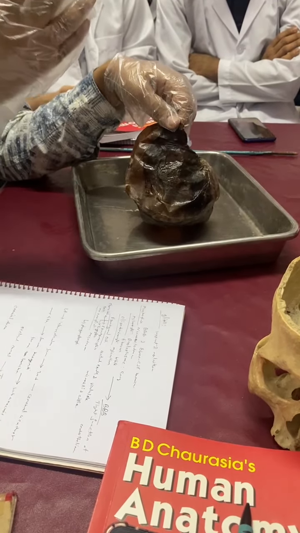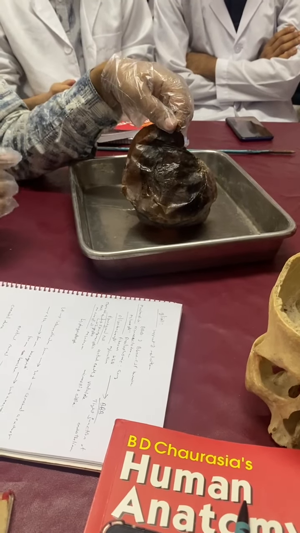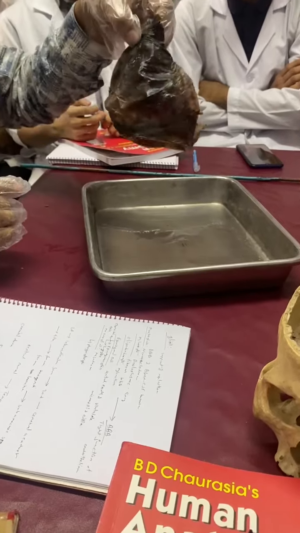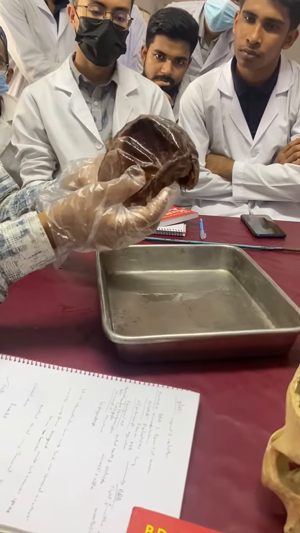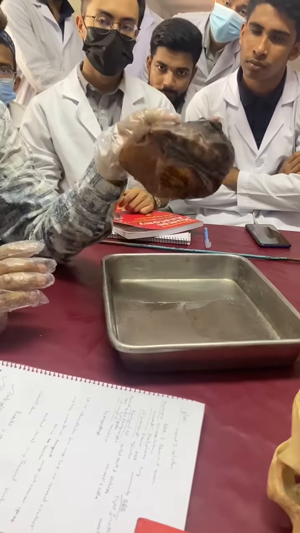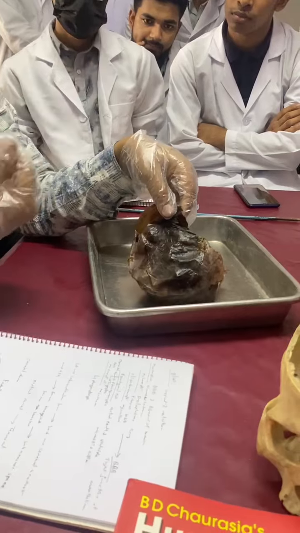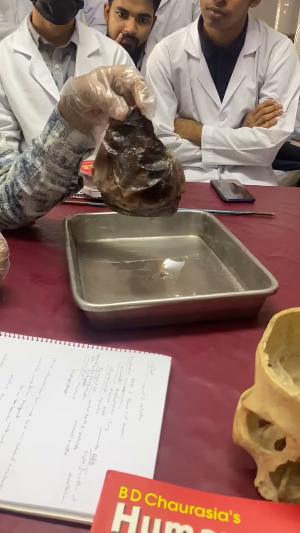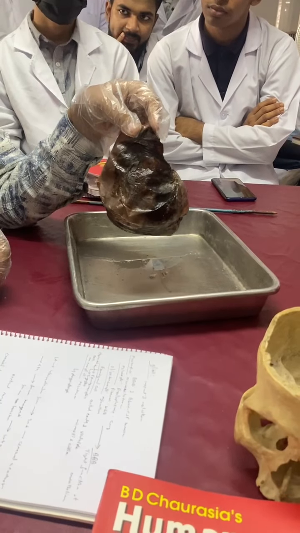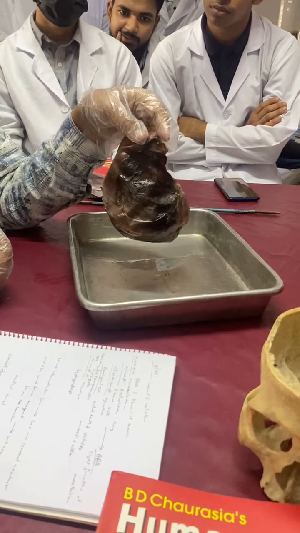So all of this lining of the meninges should present around the brain and around the spinal cord. But here we have only the dura mater surrounding the brain. The spinal dura is not present here. So from the location we can easily divide the dura mater into two parts. One is spinal dura, one is cranial dura. Means the dura mater which surrounds the brain, it is called cranial dura.